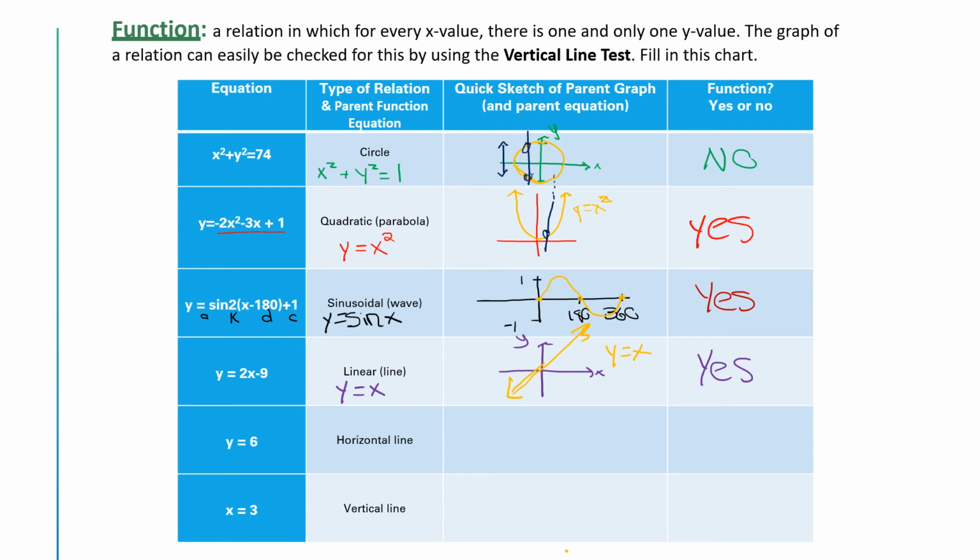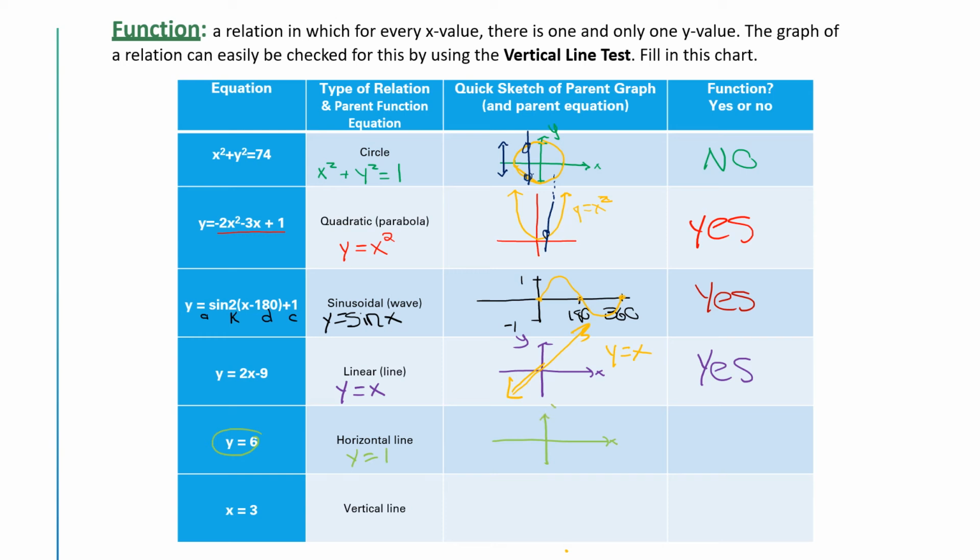Horizontal line. Here's an example of a horizontal line, y equals 6. So we don't really have a parent equation for the horizontal line. I guess you could say y equals 1 would be the parent equation, but a horizontal line, so x-axis, y-axis,